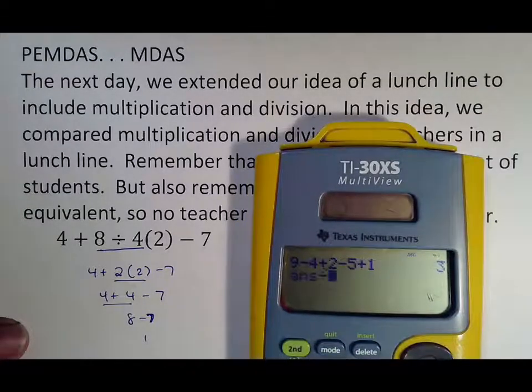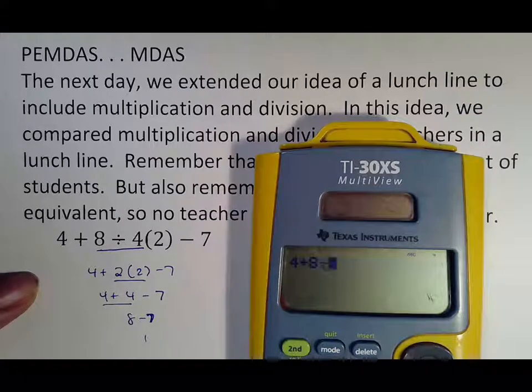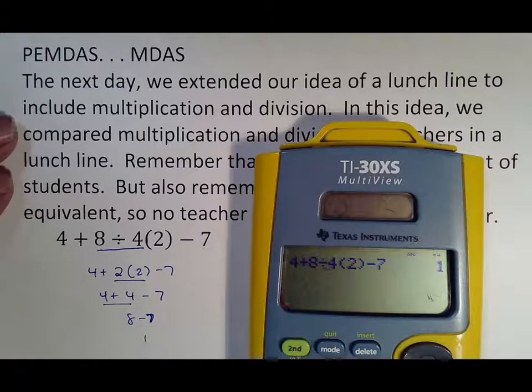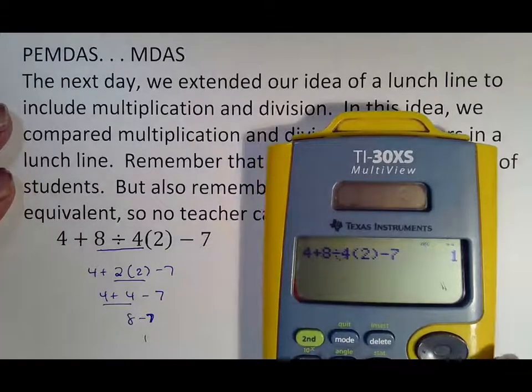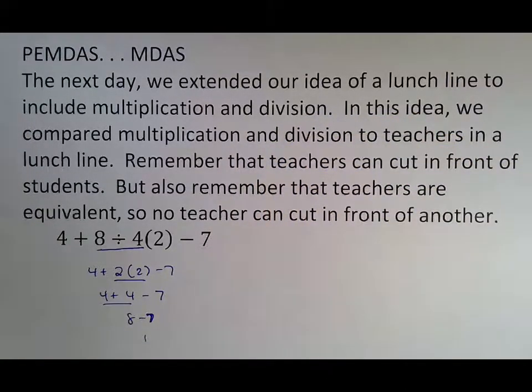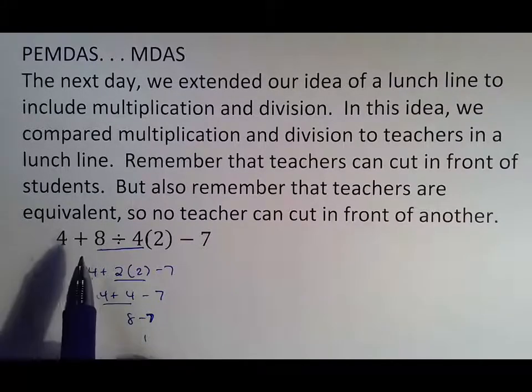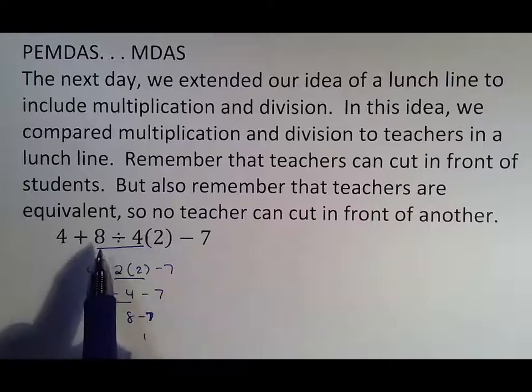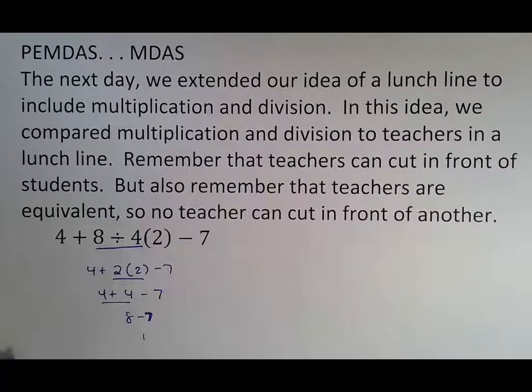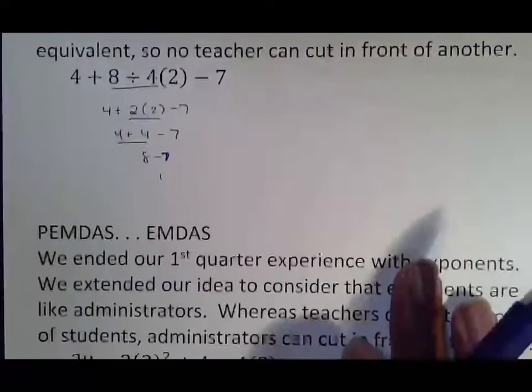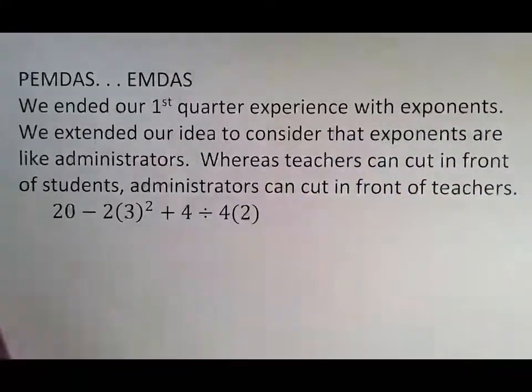And again, I can check my answer by simply typing in 4 plus 8 divided by 4, parentheses 2, close, minus 7 equals, to see that I get the answer of 1 as long as what I have in my calculator matches what's on my paper. So again, with multiplication, division, what we learned is that before we do any kind of addition or subtraction, take care of what we said, all the teachers in line first, front to back, then you feed all your students front to back. After that, we ended the experience last quarter with exponents, and we extended it to consider that